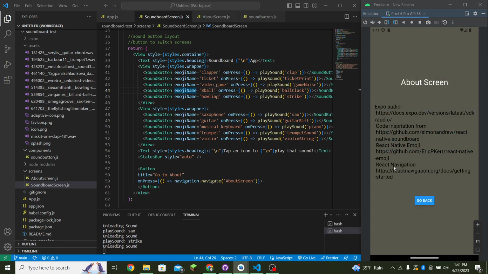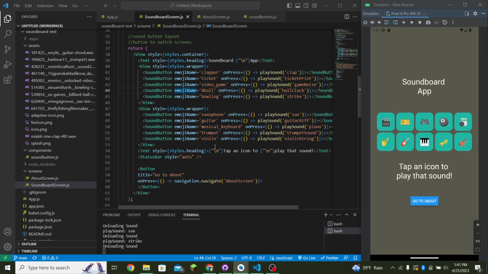Go to the about screen and you can see here where all that text is, and then when you go back, it immediately goes back. In the future, I think it'd be nice to have separate screens for different clusters of buttons that hold kind of like a general value of instruments or video game sound effects, so on and so